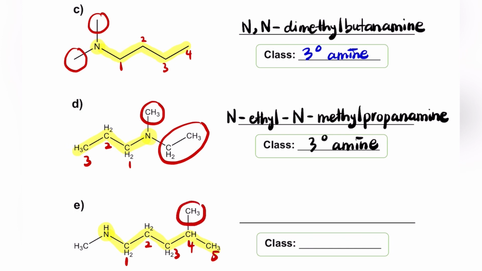And then we have 2 substituents which are methyl. But the methyl is now at different positions. One is attached to nitrogen, the other to the fourth carbon. So how do I write my position of my substituent? You have to put N first. So N for this methyl. Okay, this methyl. So first thing first, I will write N, and then the second position for methyl is carbon number 4. Only then you write dash, and then dimethyl, and then our parent with 5 carbon atoms, it will be pentan